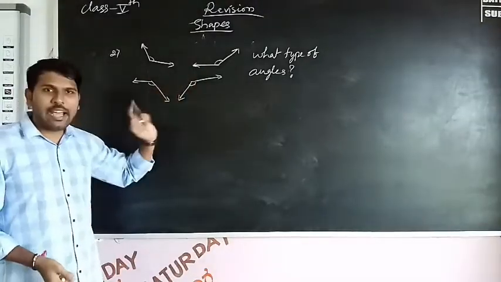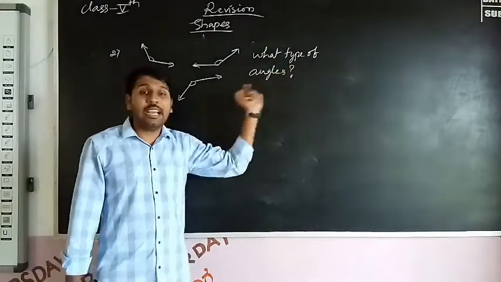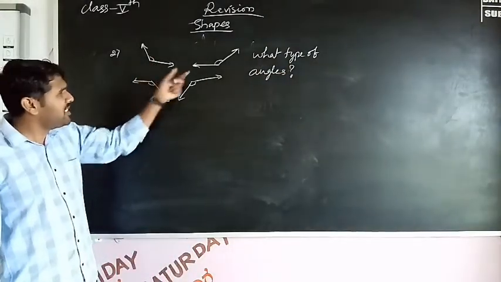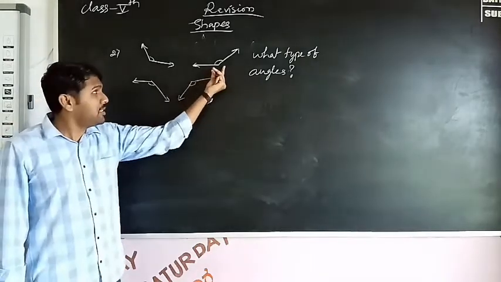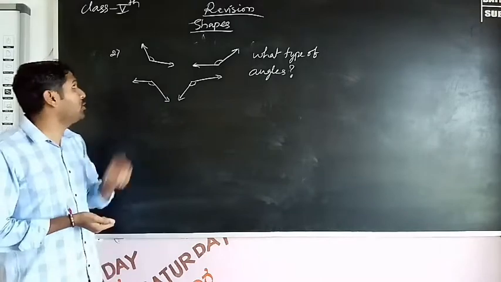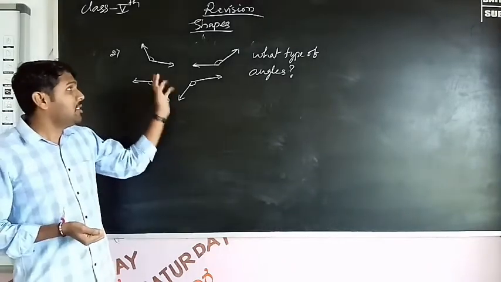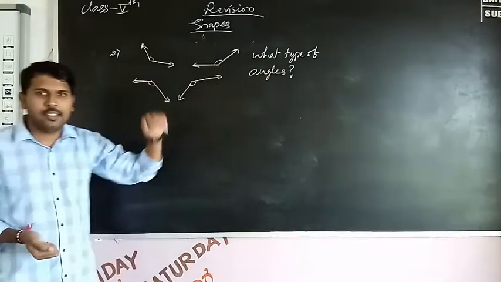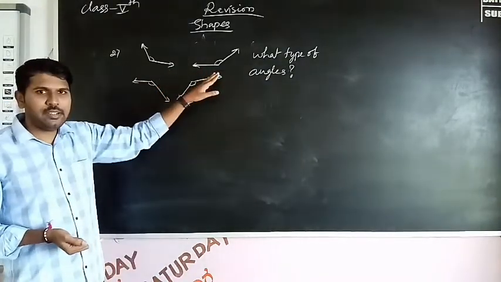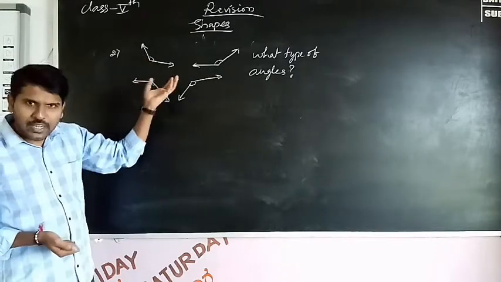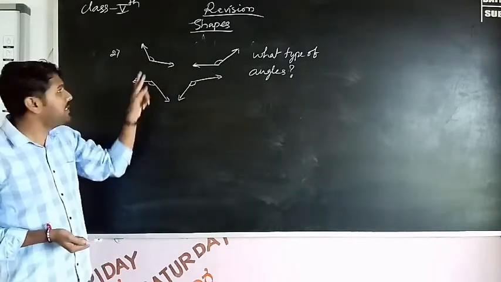Here they have given the angles. What type of angles are these? Just measure it, or otherwise you can see it properly. So next question, second one, sorry. These are the angles they have given. What is the question? What type of angles? Before we look at the measurement using a protractor, observe it properly. You will get the angles just by seeing this one.